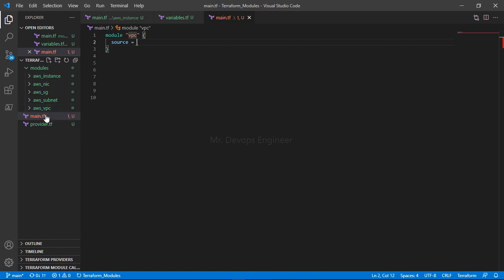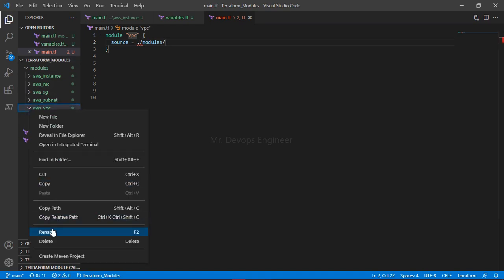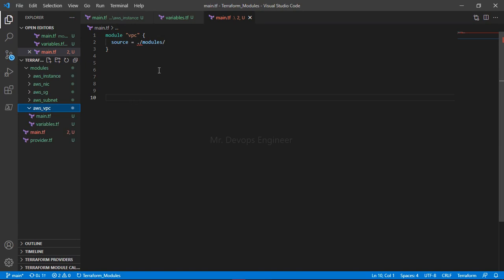So in the current directory dot, you will have modules, where you will have the AWS VPC folder. So let me just take this name and fine. And why you are getting this error, because all these things should come under this, right? So like this you have to do.